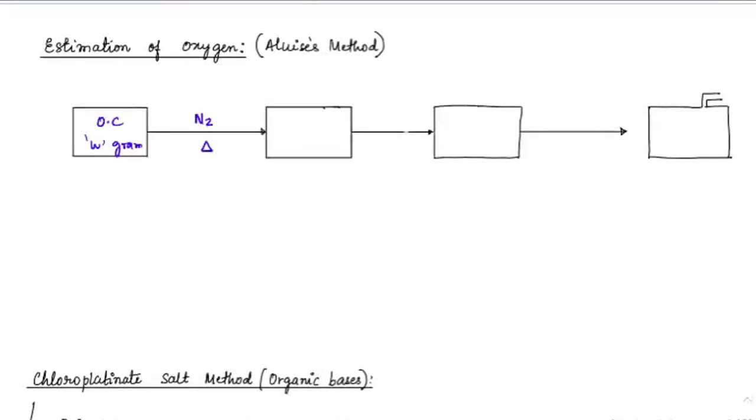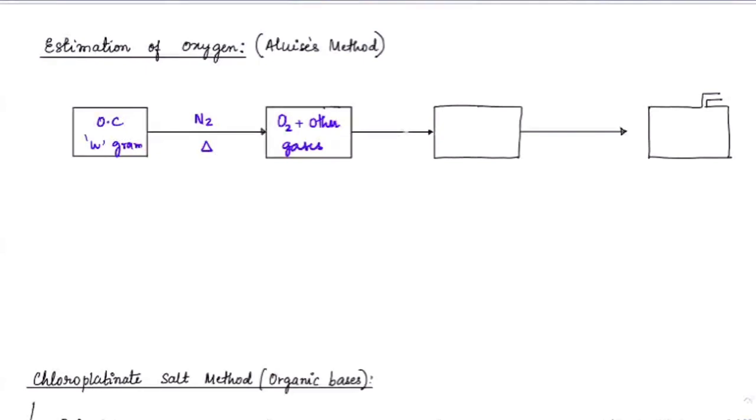We obviously expect this organic compound to have some oxygen, or else we don't use this experiment. So if there was oxygen, on strongly heating in the atmosphere of nitrogen, we might get O2 gas plus other gases as well, which includes nitrogen also,